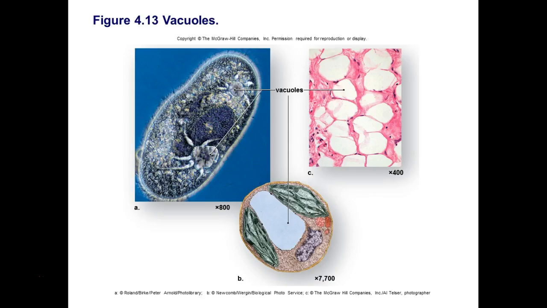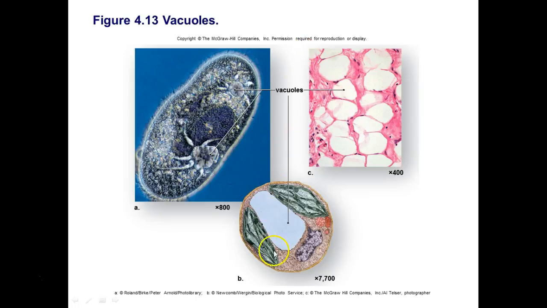So here you can see some great examples. This is paramecium right here. Now this is an electron micrograph. So this is magnified 800 times. We're only going to magnify ours about 100 times to see them. But you can see these contractile vacuoles here. Almost looks like an anus, and it's going to squirt out extra water that is in the cell. Then here you can see human fat tissue, and these cells right here are called adipocytes. And in these vacuoles, we store fat, and they can get bigger and bigger and bigger, just storing lots and